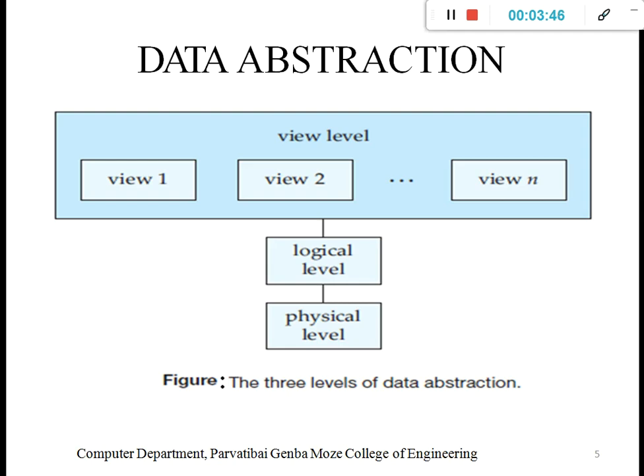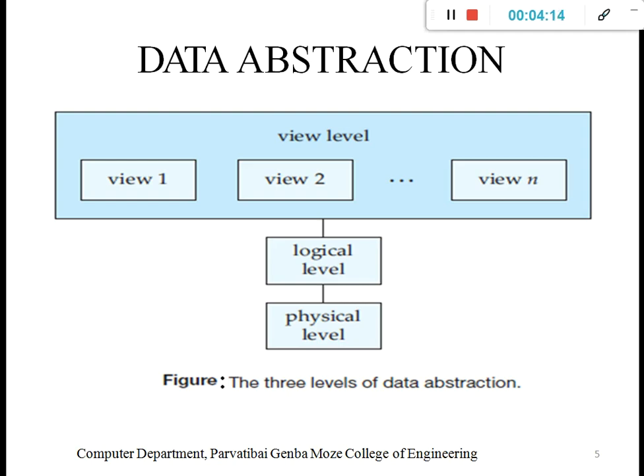Next is the logical level. We already understood that if we want to view the particular bank balance, then behind the screen it runs a simple logic: select star from a particular table where the username is given, and then it gets the balance from the table.